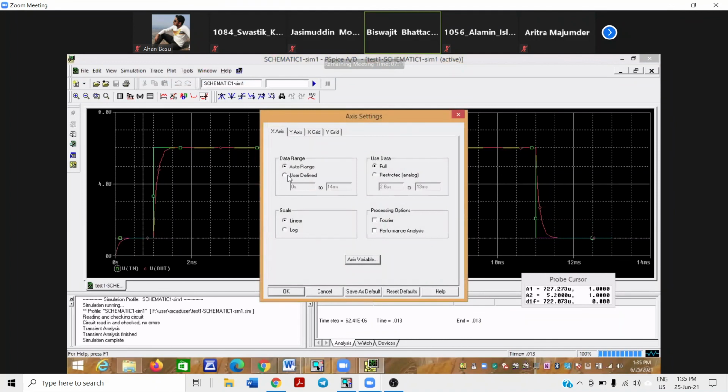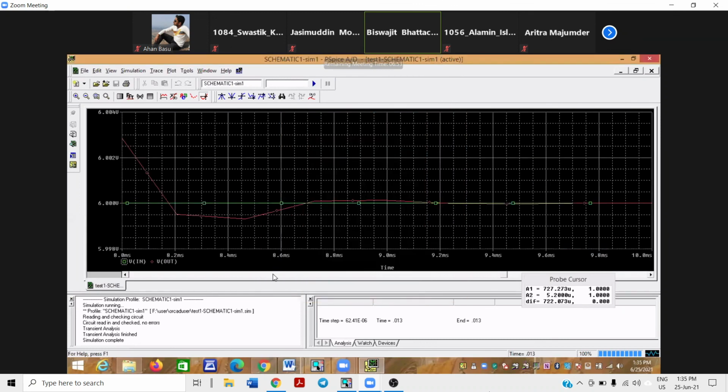Now instead of auto range, you can add user defined. Say we want to check it from 8 millisecond to 10 millisecond. So you write 8 ms to 10 ms. Then that is our x-axis. Then okay. So from 8 millisecond to 10 millisecond, you are getting the data.